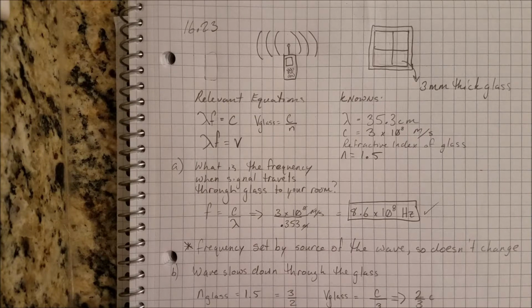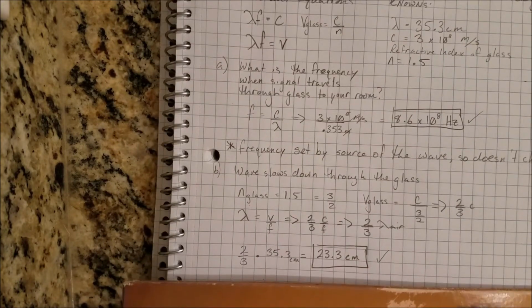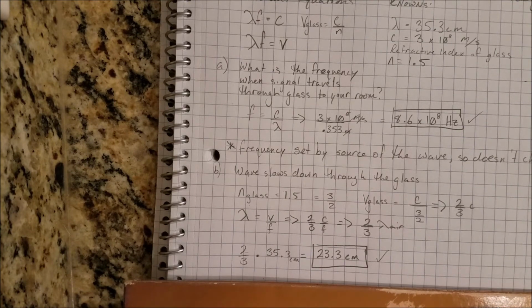Now your initial wavelength is 35.3 centimeters, so we'll do some equation arranging here and solve for lambda. Lambda is the velocity over the frequency, which equates out to 2/3 speed of light divided by the frequency. But this is also the same as saying it's 2/3 of the wavelength through the air. Once you have that equation, it's super simple. You just take 2/3 of your 35.3 centimeters, and that comes out to